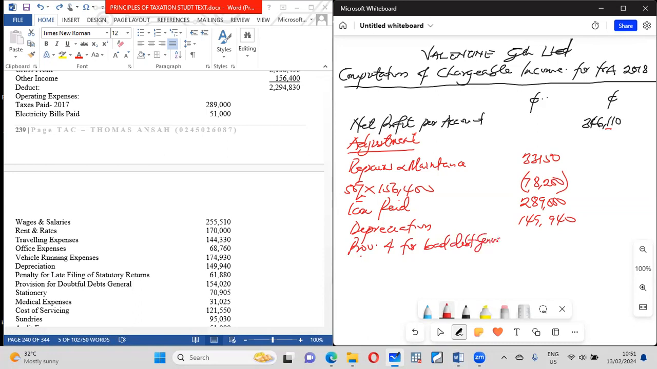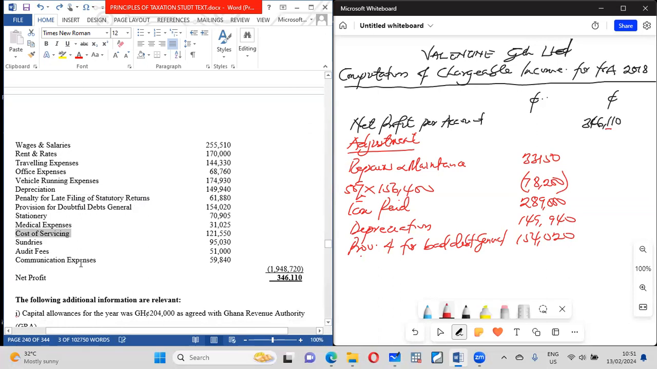So general, how much is that? 154,020. You add it back. Stationery, yes. Every company needs stationery to work. Medical expenses, yes. What else? Cost of servicing, yes. All these things are expenses that you could see every entity is allowed to bear. Okay. Late filing